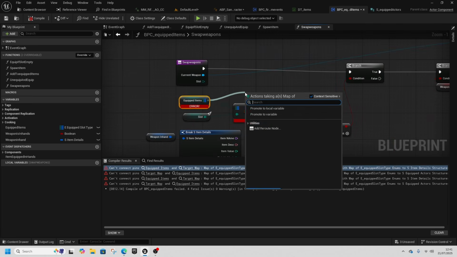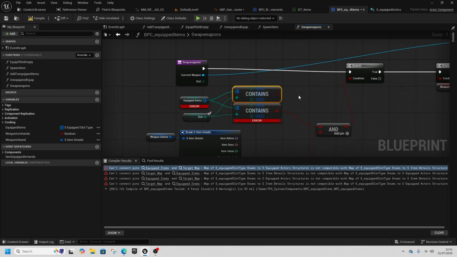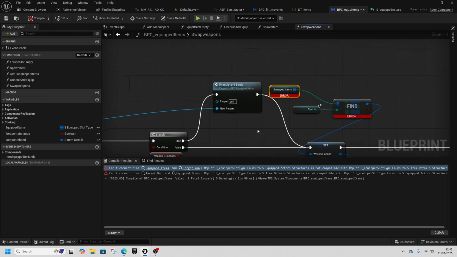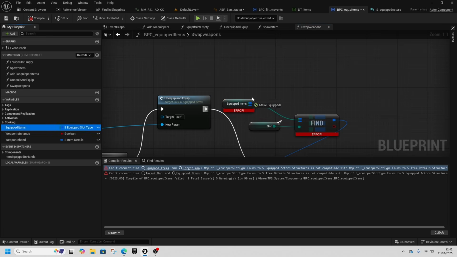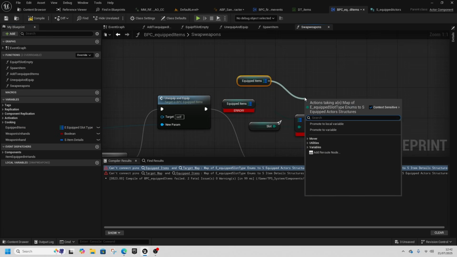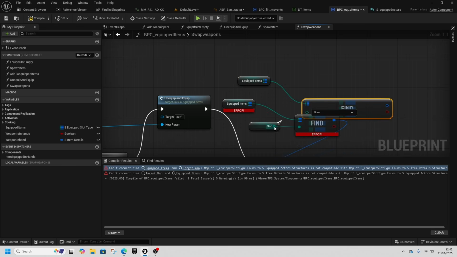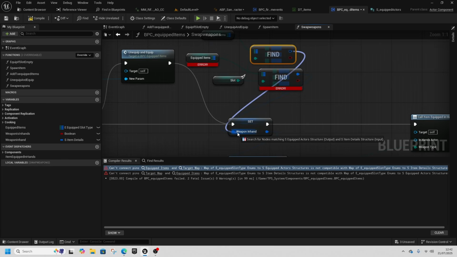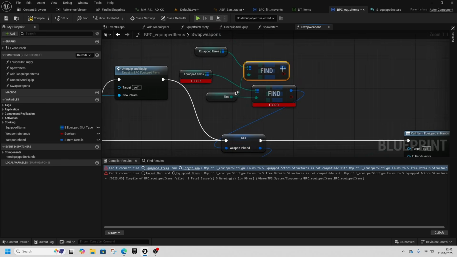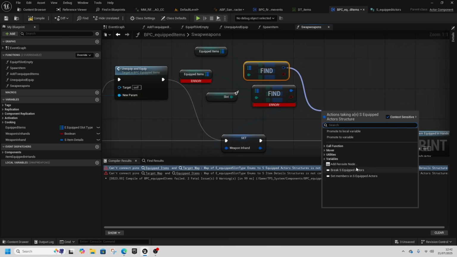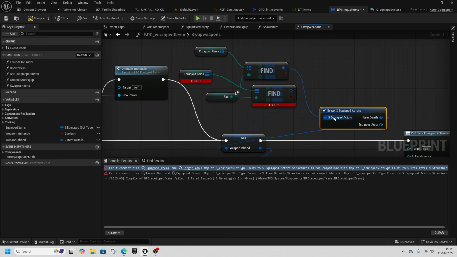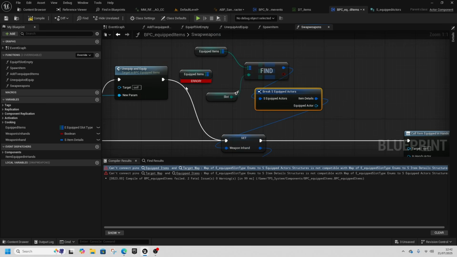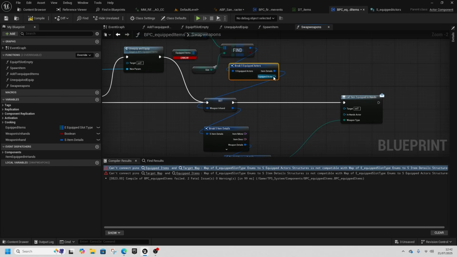Equipped item here, we just need to get the contains and replace this here. And then equipped item, we're going to get the find and just replace by breaking this open, passing the item details in here. And then the